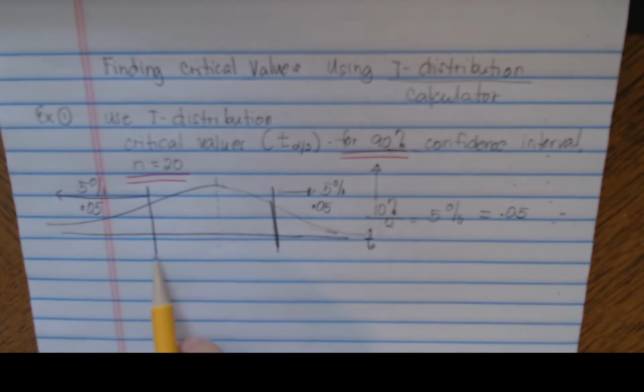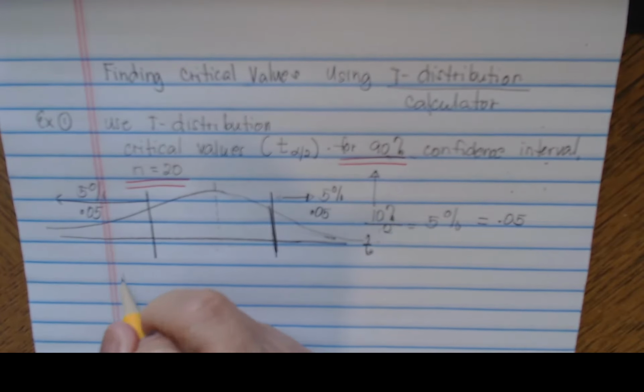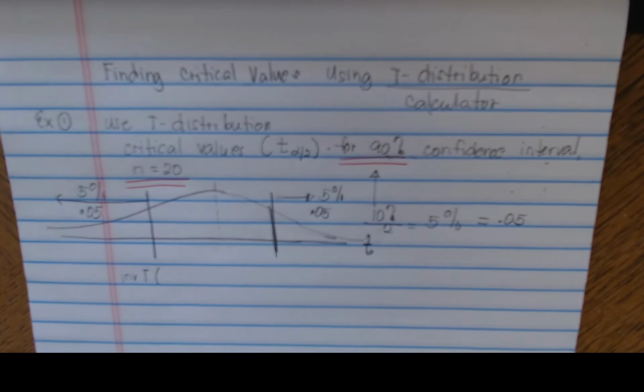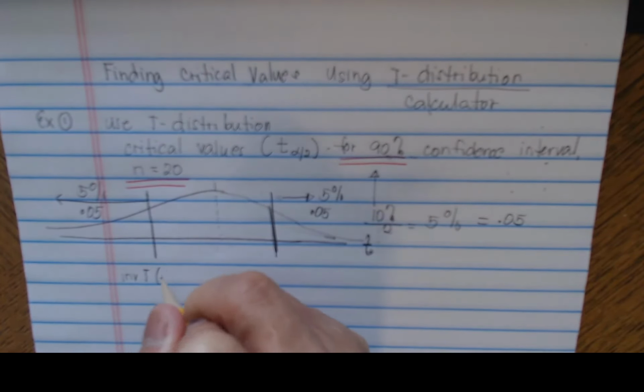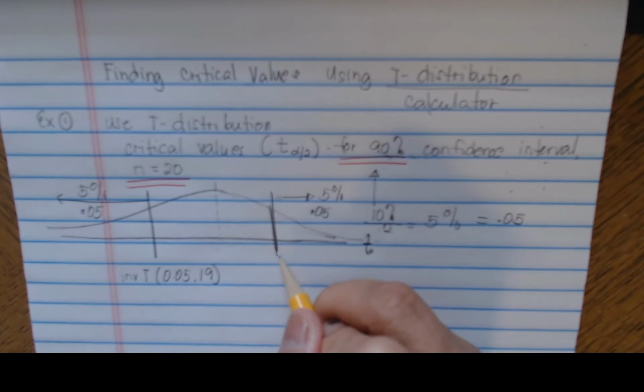Alright, so here we will be using the inverse t, and it has two values. Since our n is 20, then n minus 1 is 19, so we will use the 0.05 and then 19 because n minus 1, and to get this value, inverse t,